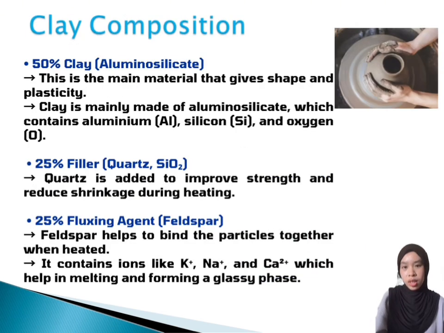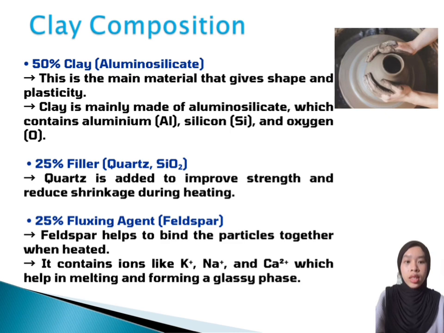For clay composition, we have 3 components. The first one is 50% clay, which is aluminosilicate. This is the main material that gives shape and plasticity. Clay is mainly made of aluminosilicate, which contains aluminium, silicon, and oxygen. The next component is 25% filler, which is quartz,